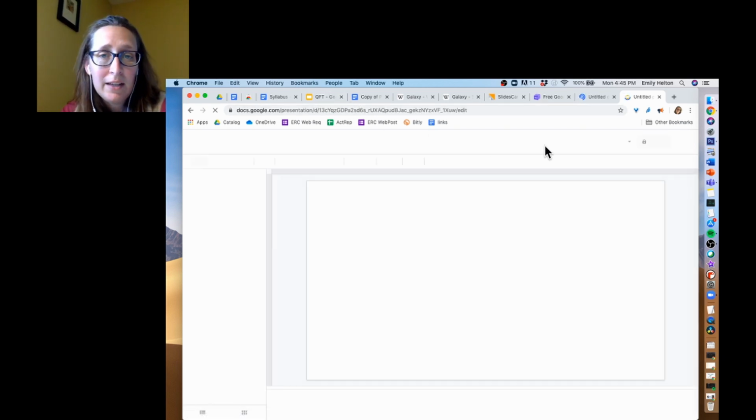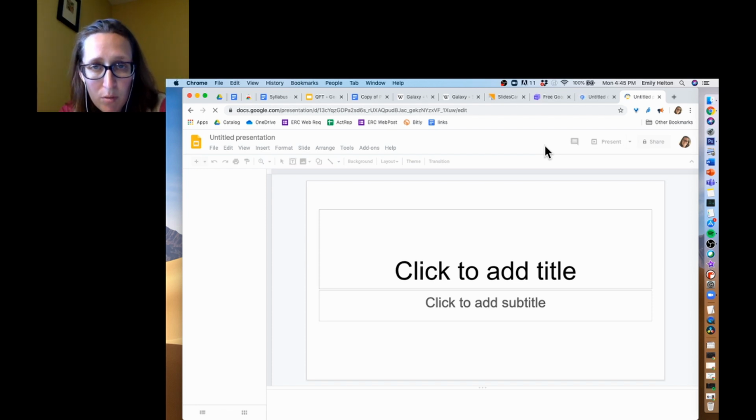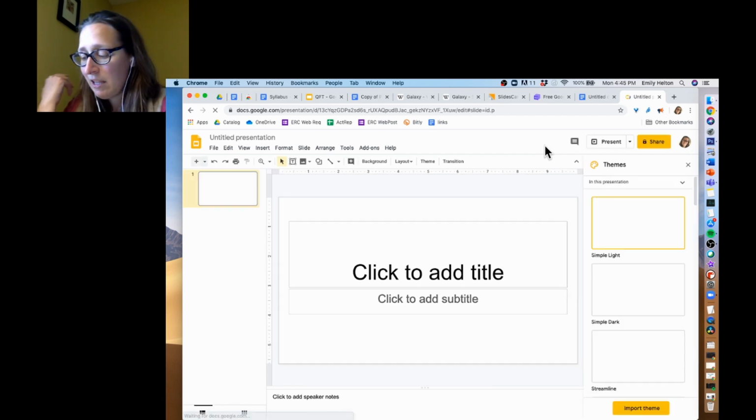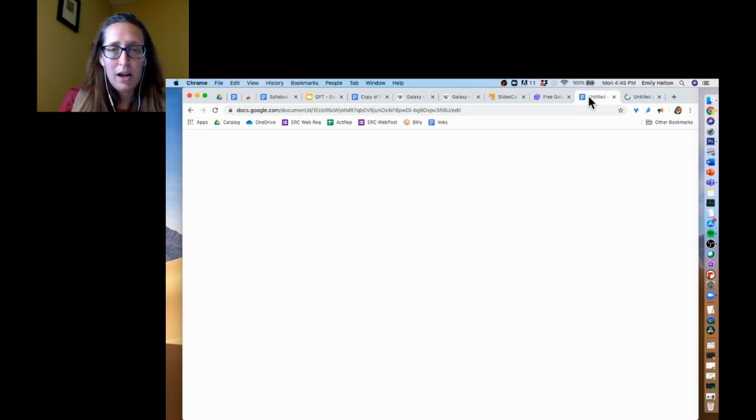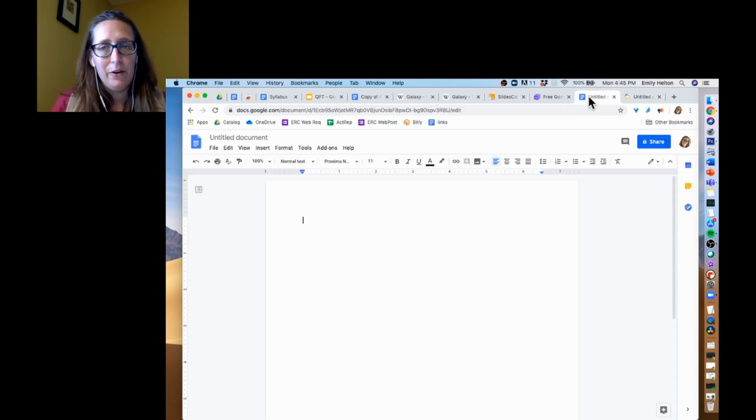This isn't organized, so you would have to move it into a particular folder wherever you wanted it. But if you're in a rush and you need a document right away, you can easily pull one up if you're using Chrome. Okay, so now that I have my new document up, mostly, it's still loading, to tie in